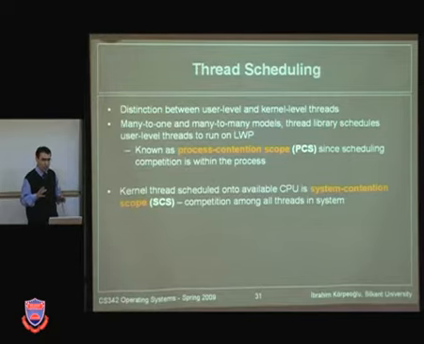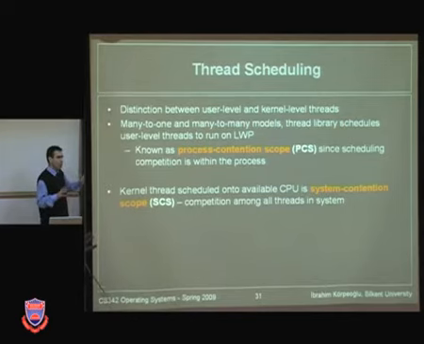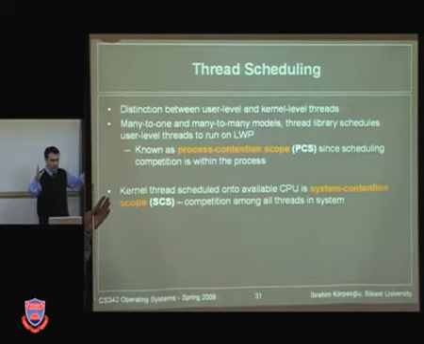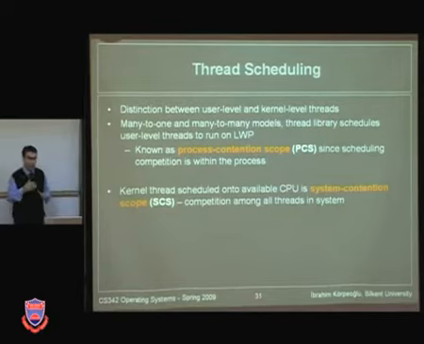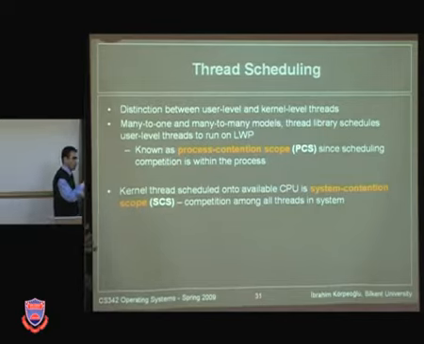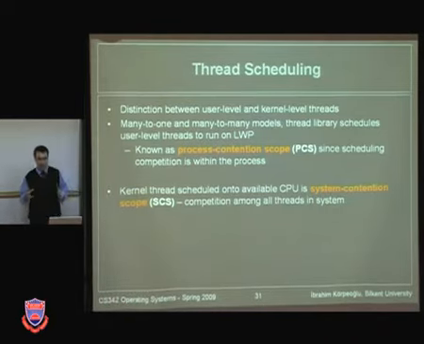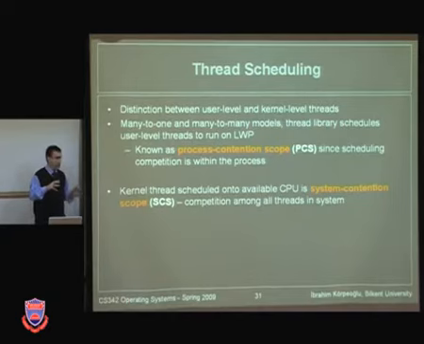So sometimes you may want to make a distinction. For example, in many-to-many model systems, where you can create some number of kernel threads and lots of user level threads that are mapped into those kernel level threads, you can specify, or in the two-level model, where you can also have some threads that are mapped directly to kernel level threads, you can specify as the application programmer, whenever you create a